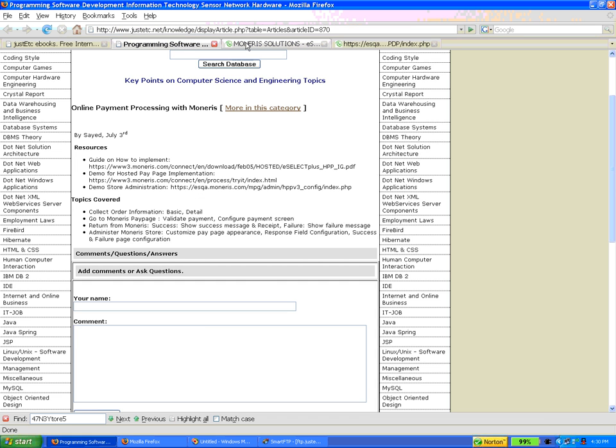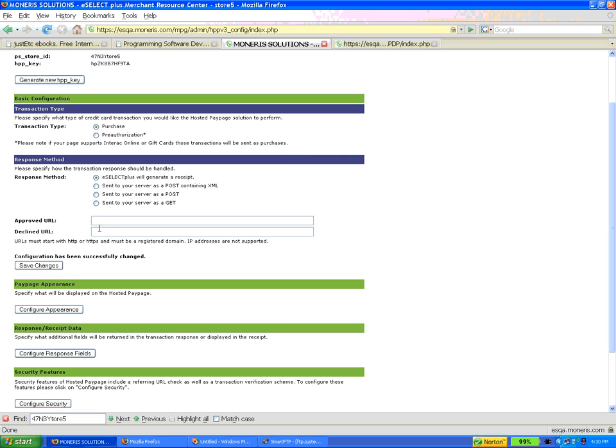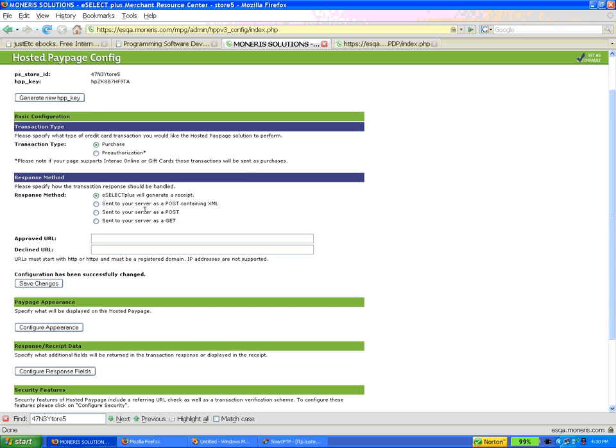Just for the configuration, going to Moneris here, and okay, I'm selecting eSelect Plus will generate a receipt for us. Still the fields are approved URL, declined URL, but I think here it is not allowing us to provide any URL when you want Moneris to generate the